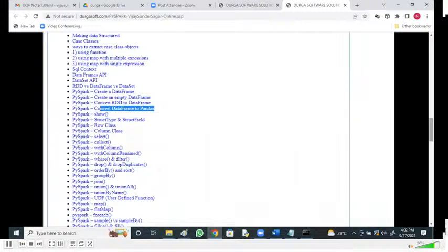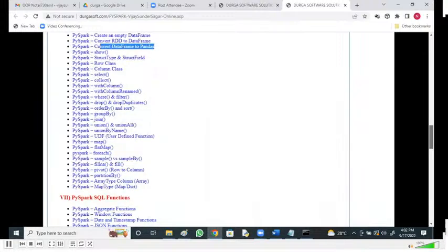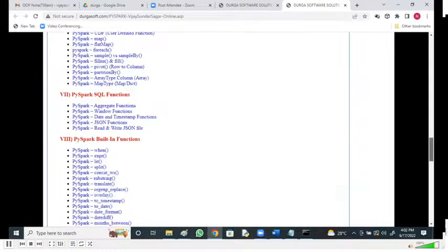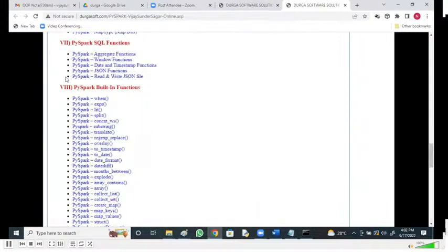pivot, partition by. PySpark SQL functions, aggregate functions, window functions, datetime, timestamp, JSON functions, reading and writing JSON files, and some built-in functions of PySpark.